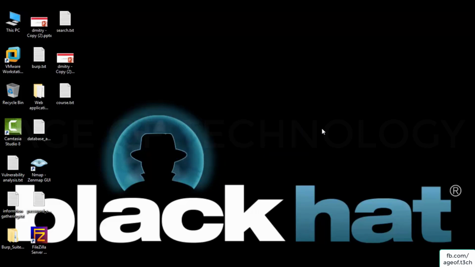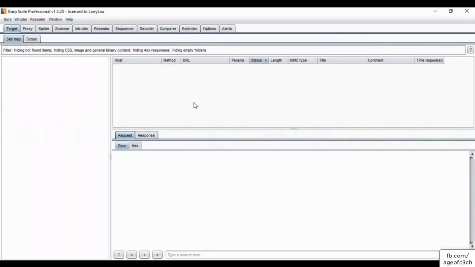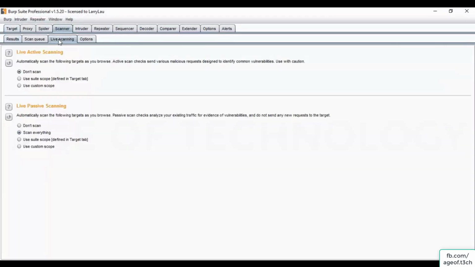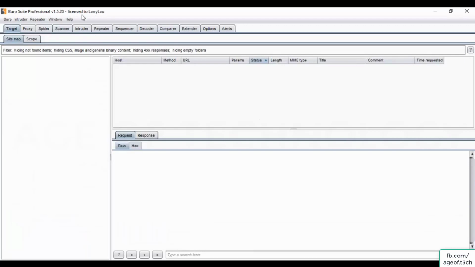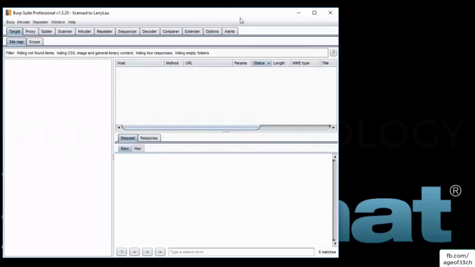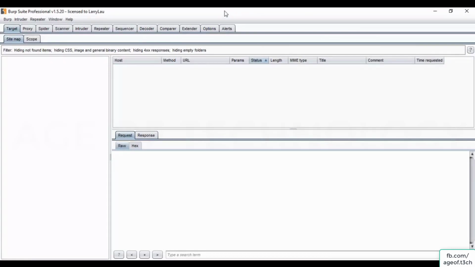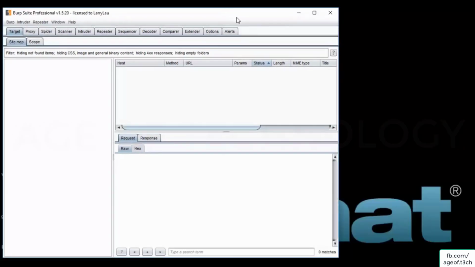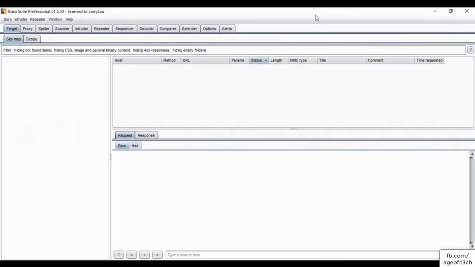And now you can see that Burp Suite is opened, and if you click here on the scanner, you can see there is an option of live scanning, but in the Kali Linux version or in the free trials you won't find any live scanning process. So it is a cracked version of Burp Suite, right? And now you can use this one. You can download this Burp Suite, as I mentioned the link in my PDF associated with the Burp Suite video. So this is the Burp Suite Professional tool which is used to scan a website or a web